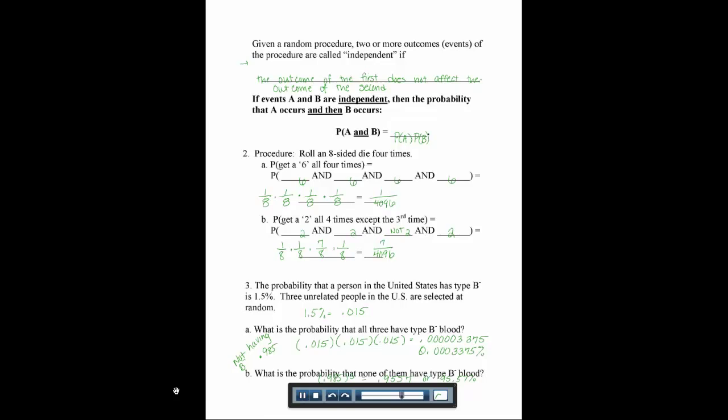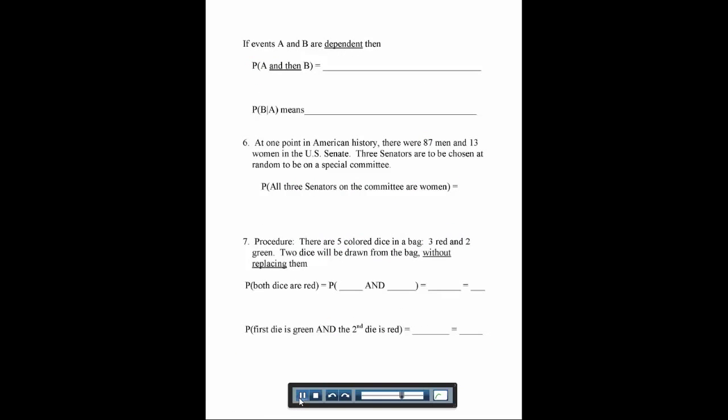Okay, now we have to talk about if 2 things aren't independent. So the opposite of independent is dependent. So 2 things are dependent if the outcome of the first does affect the outcome of the second. So for example, if you were drawing a card out of a deck and you then didn't put it back in the deck, your deck has now changed,